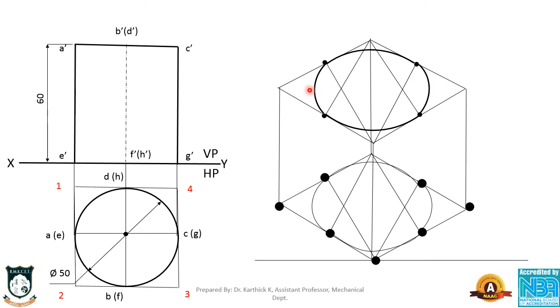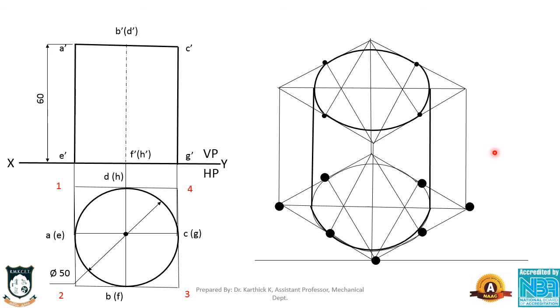Now we are going to draw a vertical line. From where we need to draw a vertical line? Either from here or here or here or here. In order to know that, we just draw a horizontal line. Where it intersects with this circle, similarly in the bottom also. So from this point to this point, you have to draw a vertical line. From this point to this point, you have to draw a vertical line, and you just darken the visible portion.